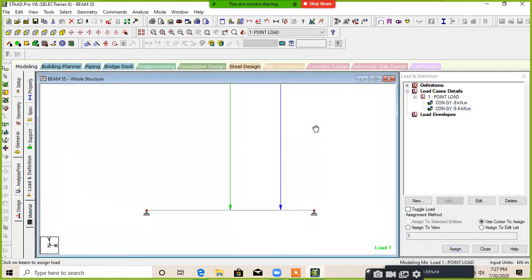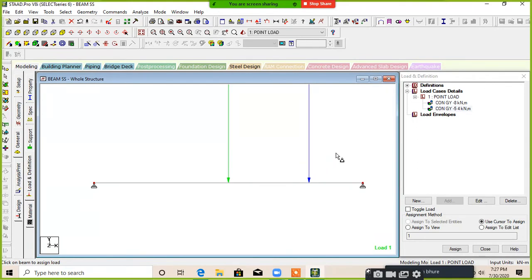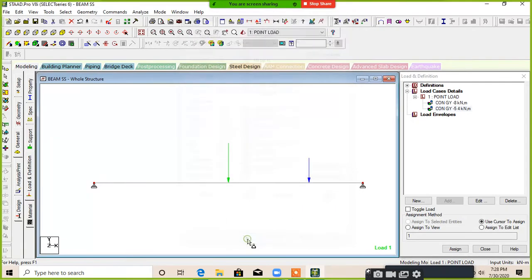But the length of that particular load is very long, so we need to scale that load. For that, just go to the scale option right over here. Click on scale, go to point force and provide a value as 10 and click on OK. Now the length is reduced.